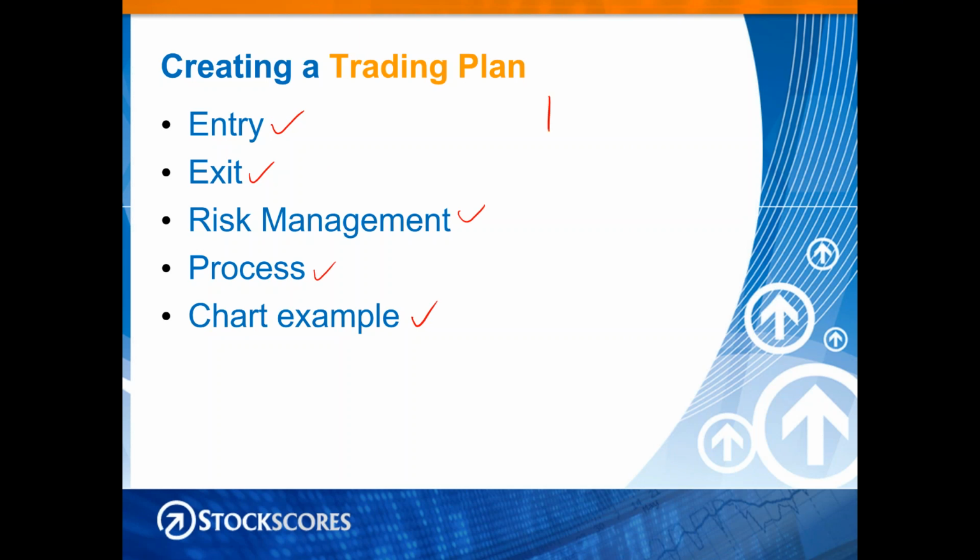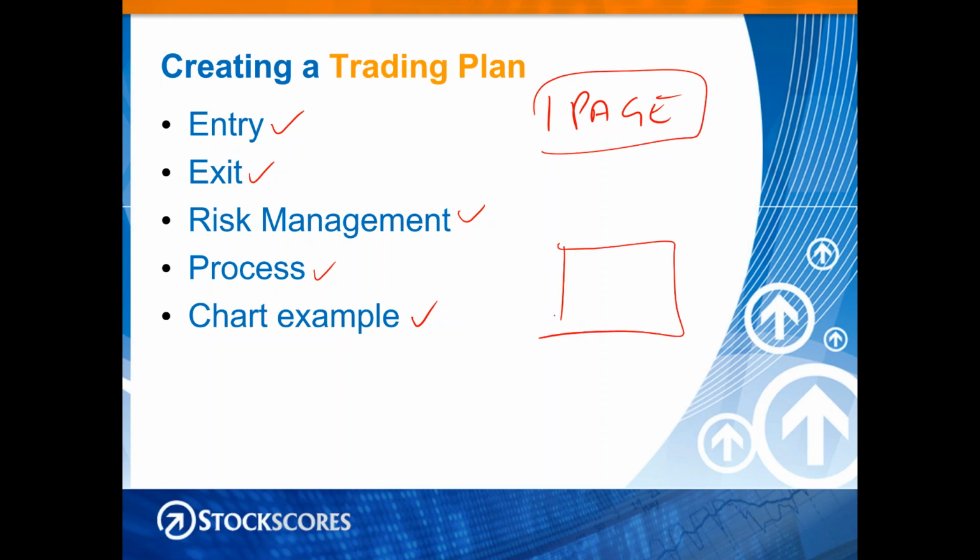What I like to see is 1 page per strategy. So if you're doing the intraday pullbacks, it should be 1 page. Very concise. A lot of times I see strategies that are too vague, they're too subjective. Be very specific in the rules, concise, specific. And beyond the 1 page, you should also have an example of a chart that meets your criteria. So that can be a 2nd page, so that you know visually what you're looking for, so that when you're applying that strategy, you have something to go to say, that's what I'm looking for. Okay, that's your trading plan.